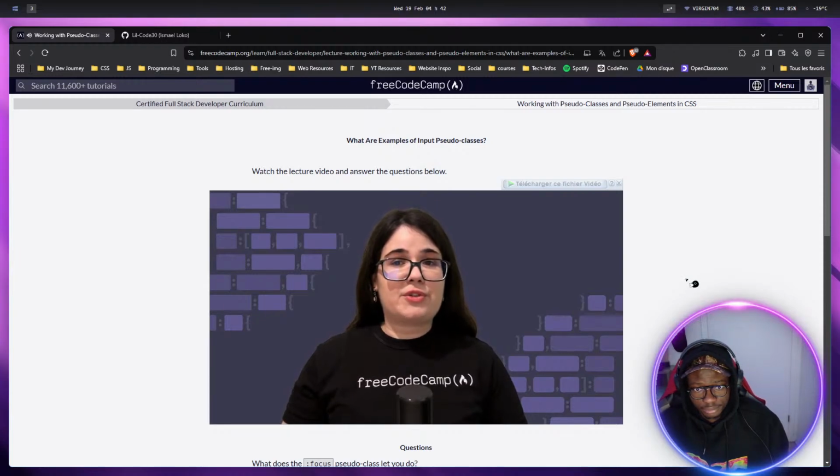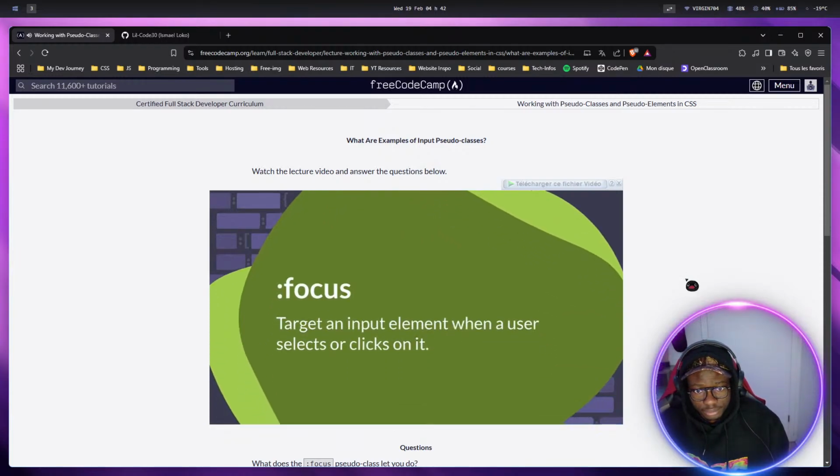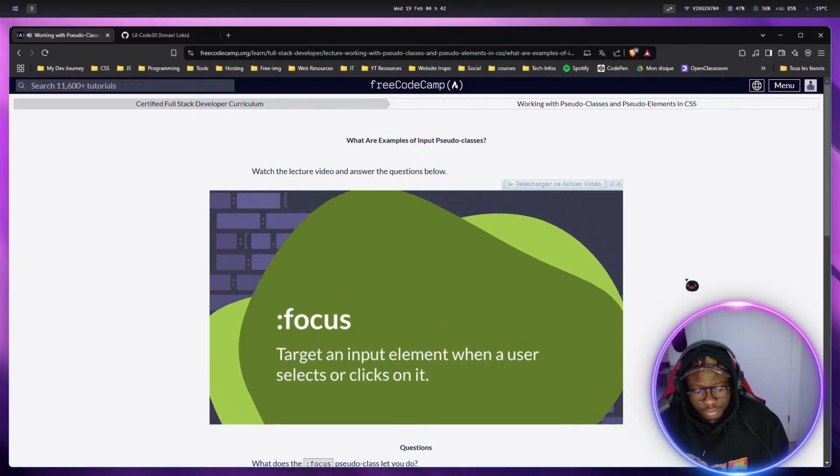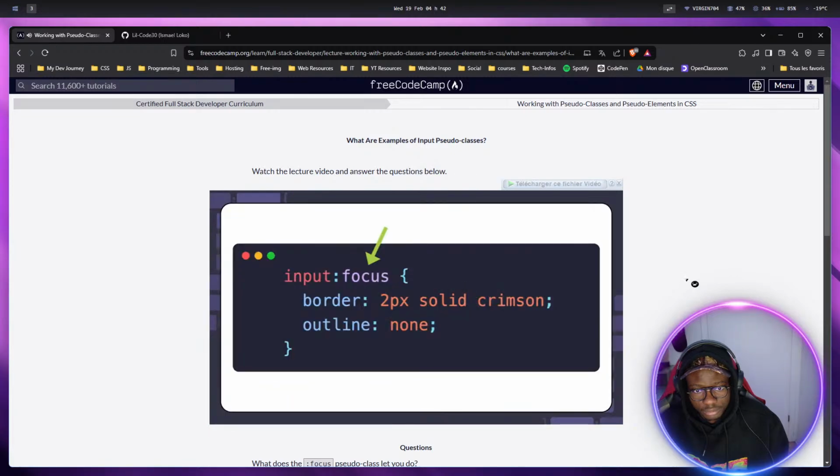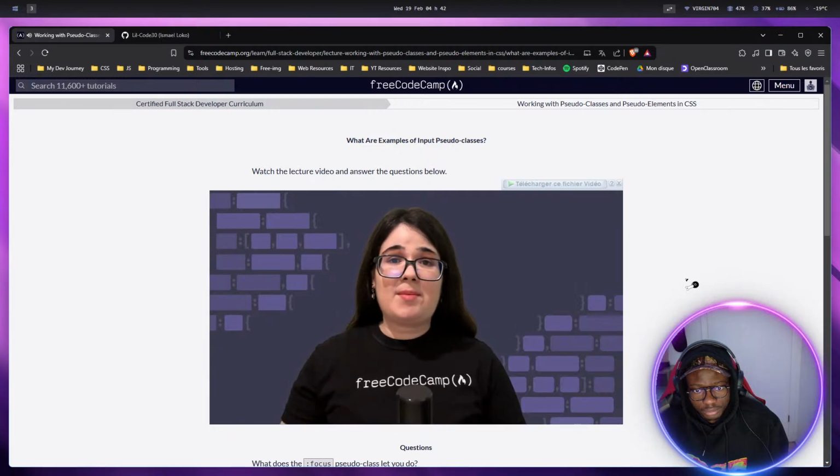The focus pseudo-class allows you to target an input element when a user selects or clicks on it, drawing attention to the active input field. This helps users easily identify where they're currently typing. As the name implies, the